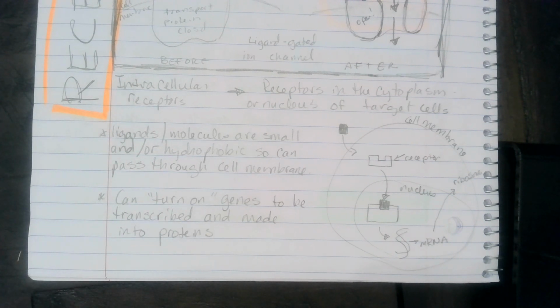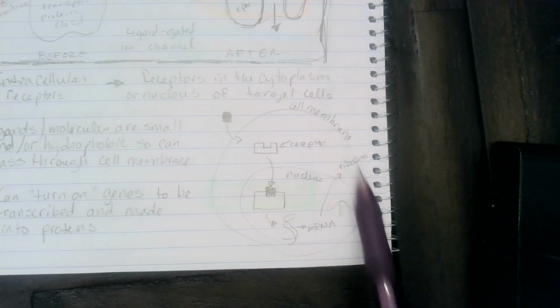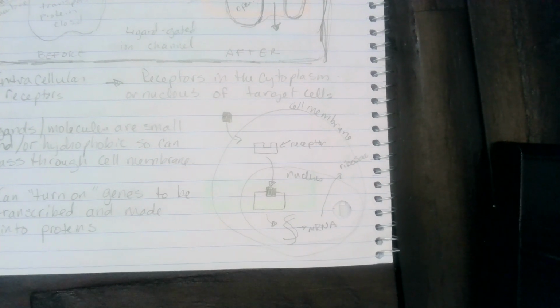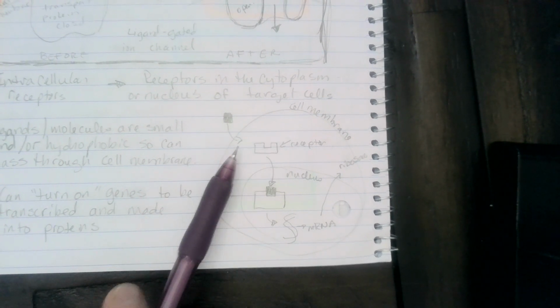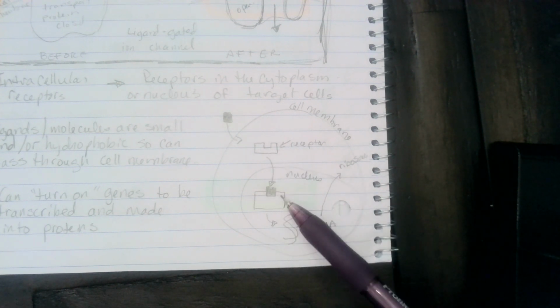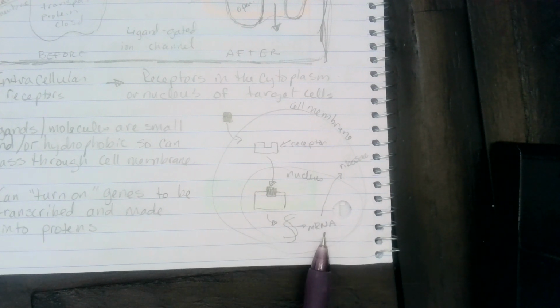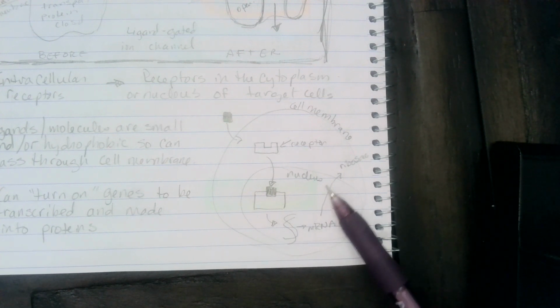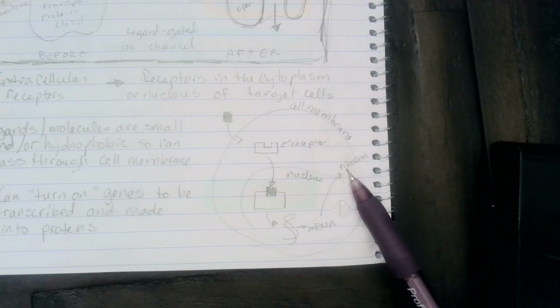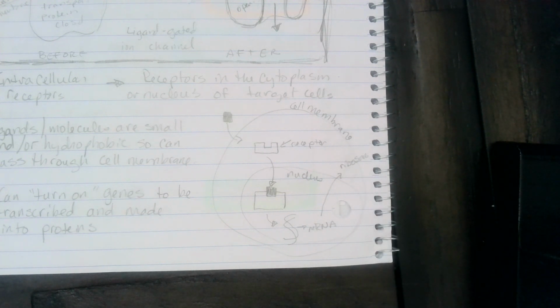So here's my diagram for that. This is the cell. This represents the cell membrane. But this time that ligand is able to move through the cell membrane into the cell. The receptor in this case is inside the nucleus. The ligand bonds to the receptor and tells the gene in the DNA to create messenger RNA. The messenger RNA goes outside of the nucleus into the cytoplasm to where the ribosome is and then makes protein. Complicated. All right, so that was all reception. Next,